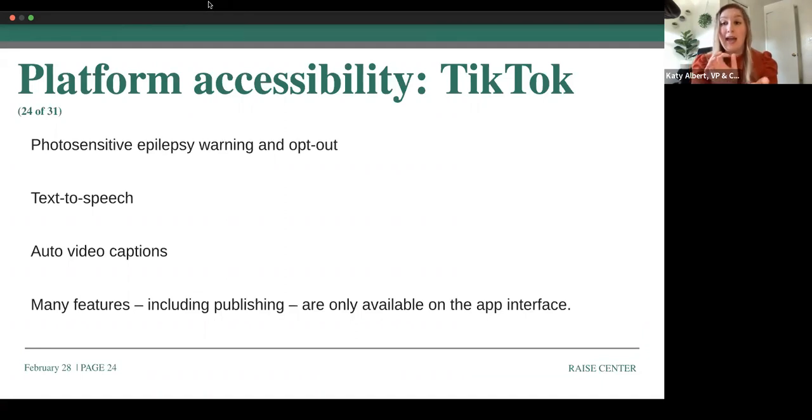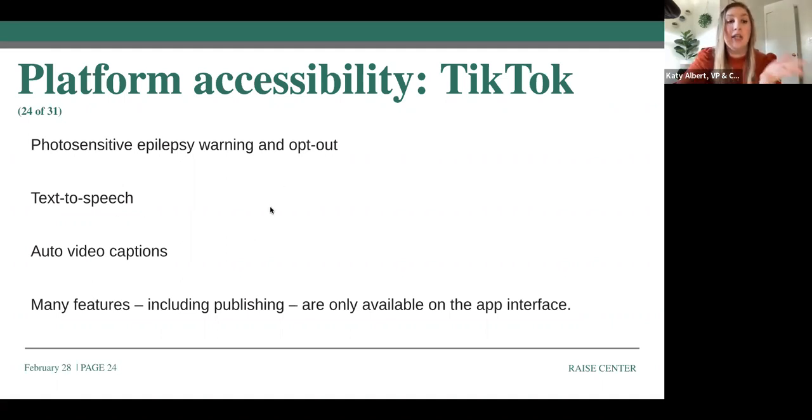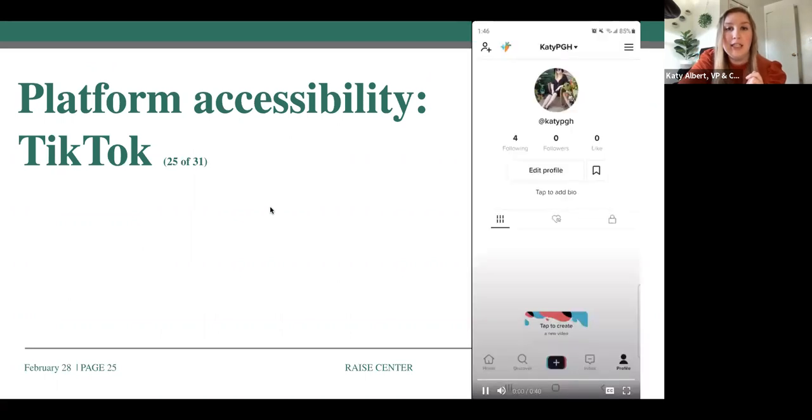So if you go ahead and turn that on, it will prevent any videos from being shown to you that have flashing lights or could trigger an epileptic response. So that is something unique to TikTok that we are not seeing any of the other social platforms doing. So to get a look at these different accessibility tools for Instagram, TikTok, or Snapchat, just go ahead into your in-channel settings and you'll be able to find these tools that we've mentioned here today.